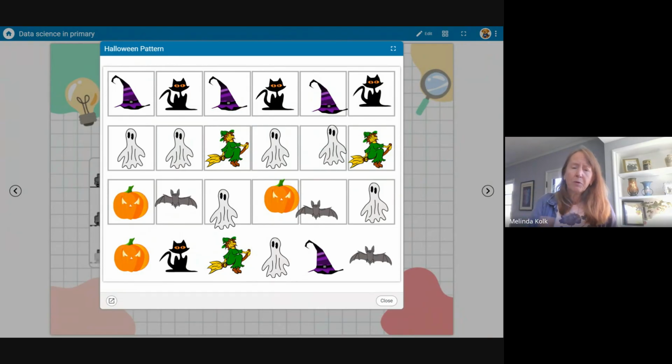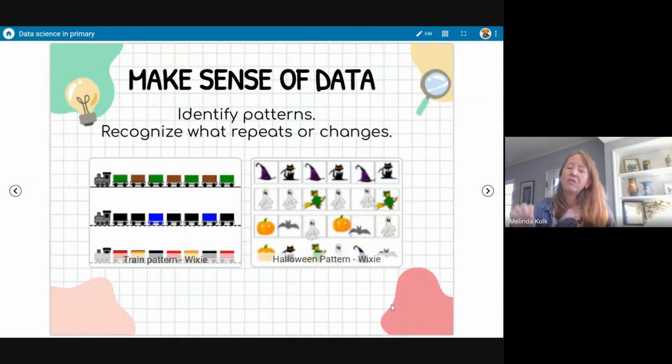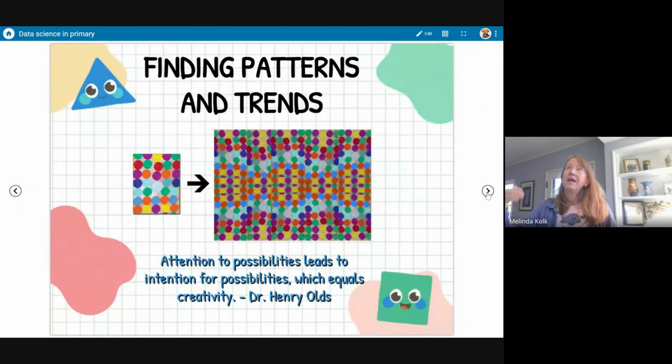And I have some more printables in a data science article on Creative Educator. If you look in the resources section, there's a data science kit there. And I have another one here too, where you can look at that. But any sort of patterning activity, again, that's a wonderful one for math. That's a pre-algebraic skill. But that is also a data science skill because I have to be able to see those patterns in numbers and or the data that I'm looking at in order to analyze it, because I want to be able to make a prediction. Because again, if I'm going to make a decision, I have to be able to predict what's going to happen there. And the more I can be accurate about that, the better my decision making will be.